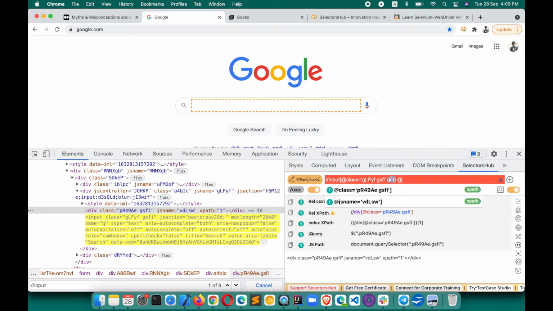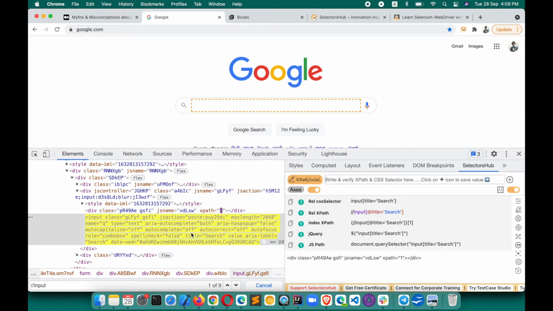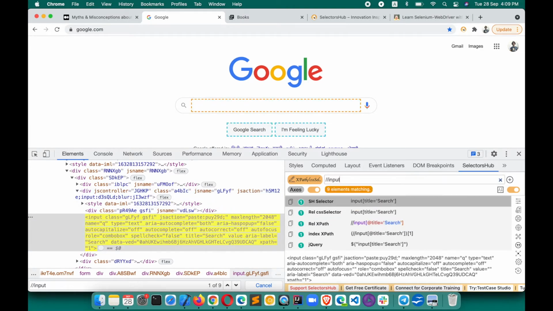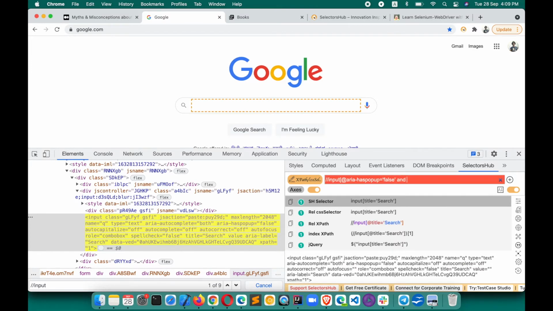If you want to add anything as an or condition, this way you can add it and verify your XPath and build your XPath basically like this. So anything you want to do, you can do it here. If you want to add a condition and @class, if you want to add an or condition in this, then you can add the or condition. So likewise you can build your XPath very quickly in SelectorsHub and get the exact result and correct